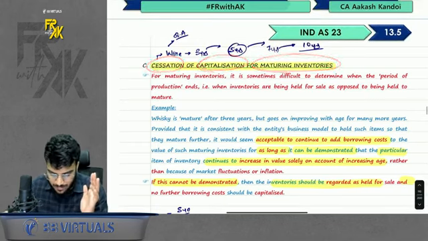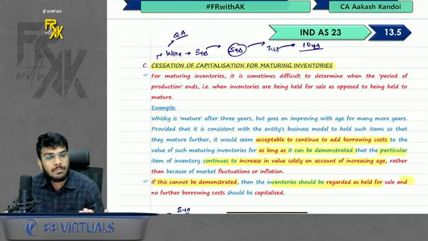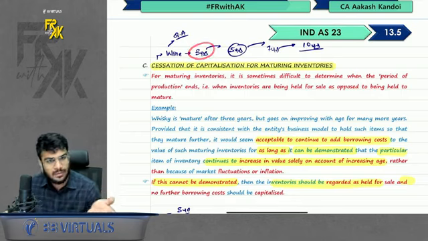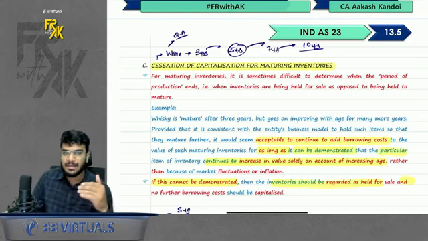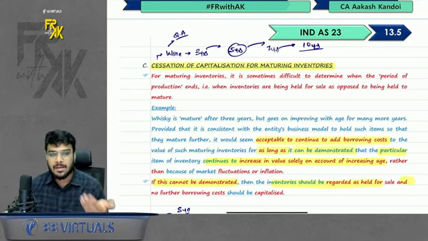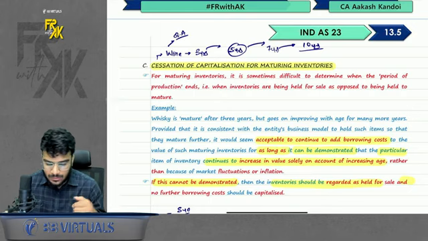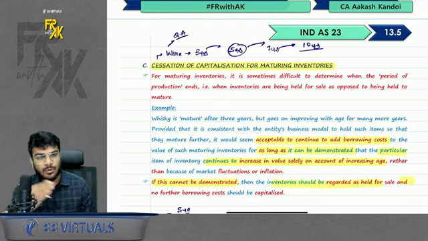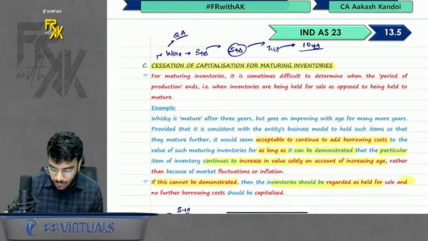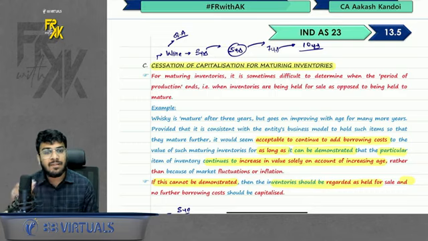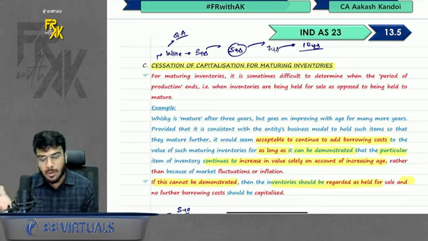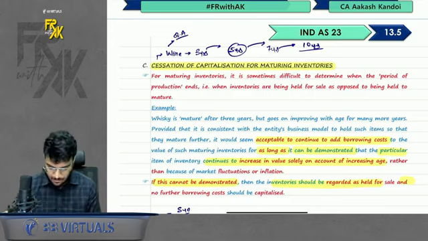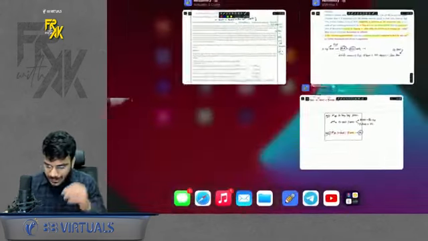Sometimes, let's say we are preparing whiskey or wine. For some companies it might get ready in 3 years. So your qualifying asset period is 3 years, and you will capitalize the interest of 3 years. But some companies might argue that for them the wine is getting ready in 5 years. So they can capitalize the interest for 5 years only when they can demonstrate that from 3 years to 5 years some active development is taking place. If you're not able to demonstrate it, you will only capitalize for 3 years. Simple. With that, all the concepts are done.